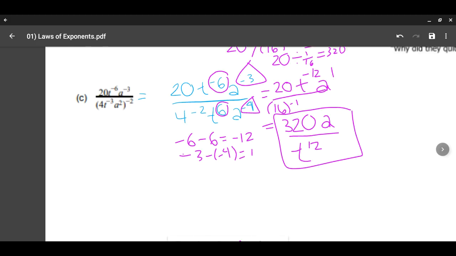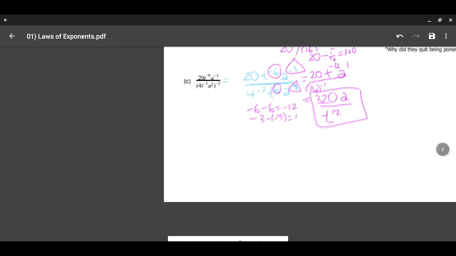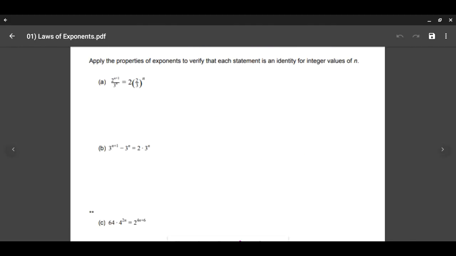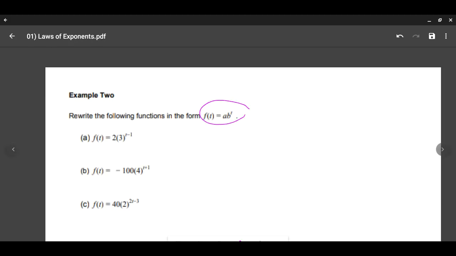Okay, so now we're going to jump to something that uses these skills that you did a little bit in Algebra 1, but you might need a little more practice. So here, these all ask us to rewrite this in the form f of t equals ab to the t. So it needs to be an a times b to the t, and there can't be anything attached to my exponent. So what we're going to do is we're going to rewrite this